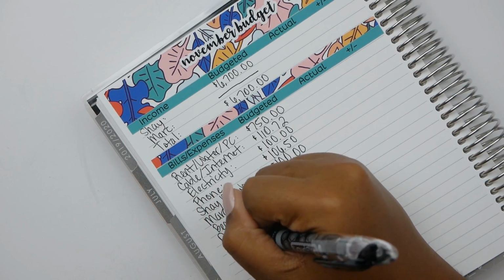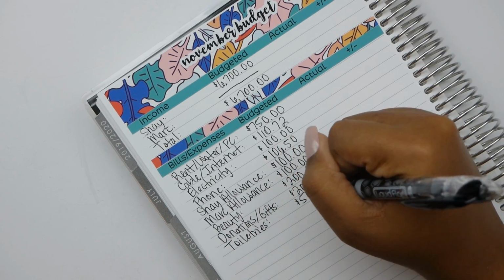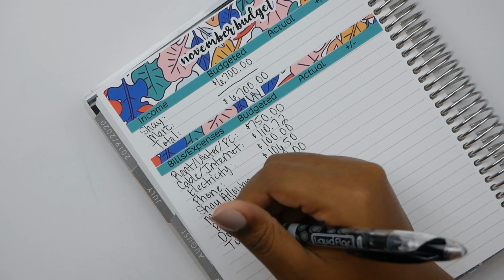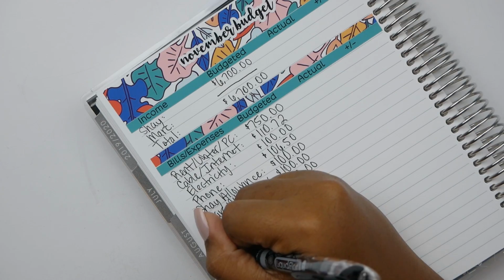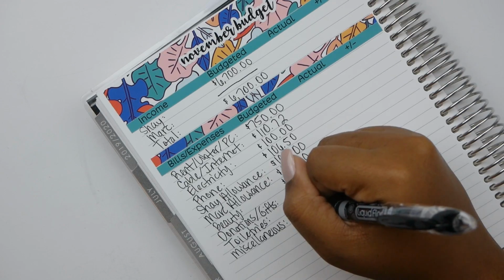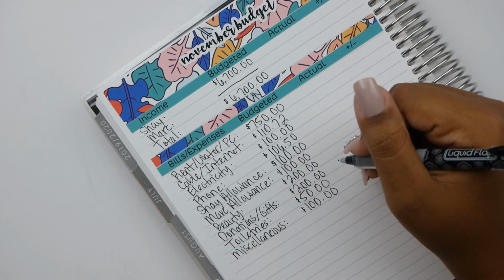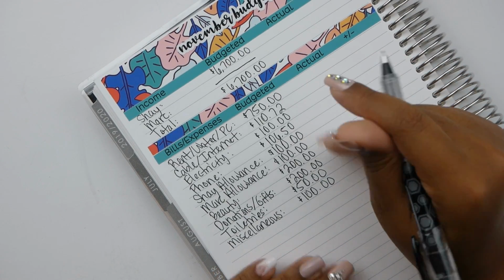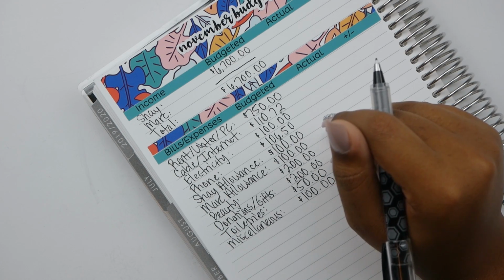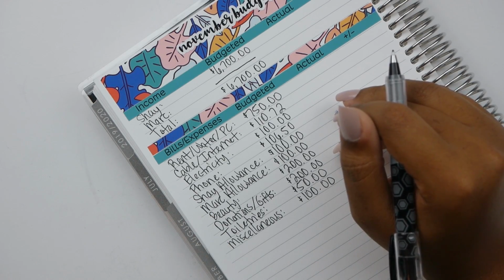The next one is toiletries, and this is for deodorant and paper towels and trash bags and things of the sort. We normally can get away with about 50. The next one, I normally put this at the bottom, but sometimes I forget, so I'm going to go ahead and throw it in right here. And this is going to be $100. So this is basically for things that are unbudgeted that are reasonable. If we had a $500 miscellaneous expense, like we needed new tires or something like that, that would come out of savings. But if it's nothing major, we'll just take it out of our monthly budget or our